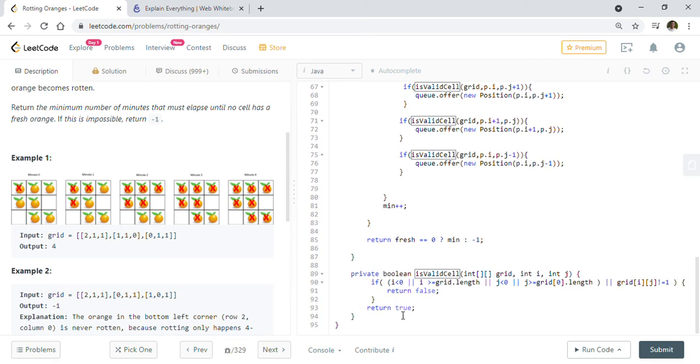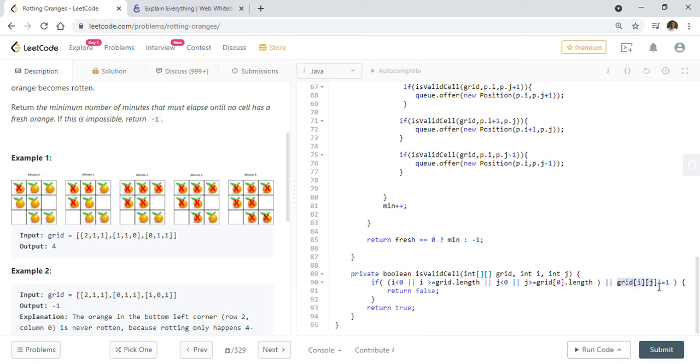So it just makes sure that we are within the grid, like it checks i and j values. So if i is less than 0, or if it is greater than or equal to grid length, j is less than 0, or j is greater than or equal to grid[0] length, or the grid[i][j] value is not 1, because we are only interested in fresh oranges, whose status is 1.